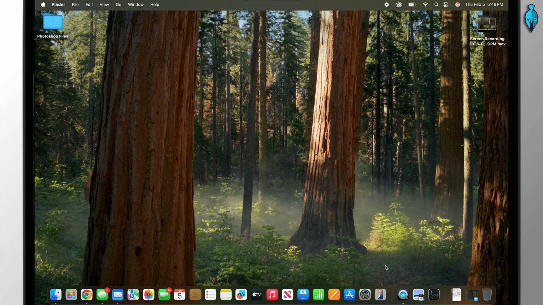After that screen is fully black, press and hold that button down again until you see a specific tab for the startup options. As soon as you see those startup options load, you can let go of that button, and you're going to see an options button appear. Simply select that little options button. After doing so, you'll see an option that says continue, and that'll enter you into recovery mode,